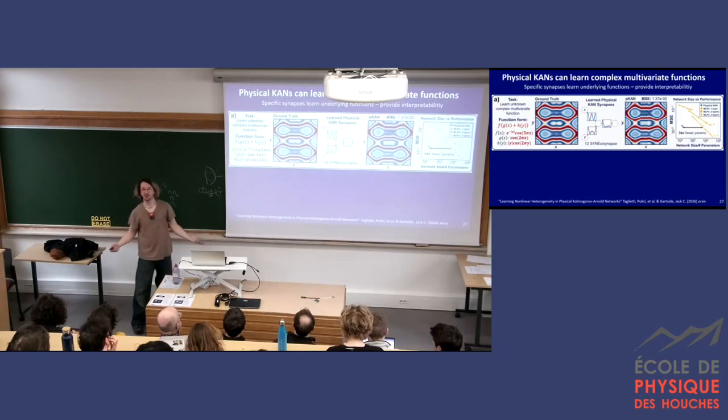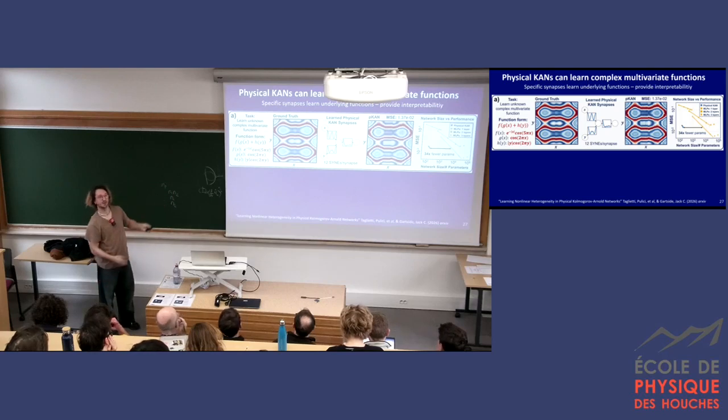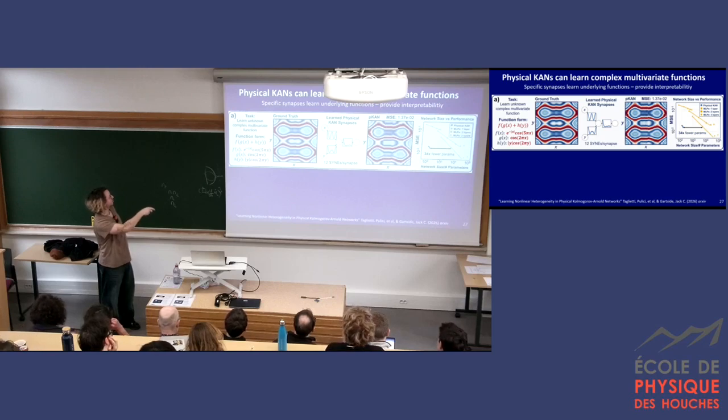All right. So how about beyond univariate function regression? Here we're doing something multivariate. So we've made a much more complex function. We have x, y, they each get a function, and then you put another function on the sum of those 2. So we set up some kind of ground truth training set, sample some points.